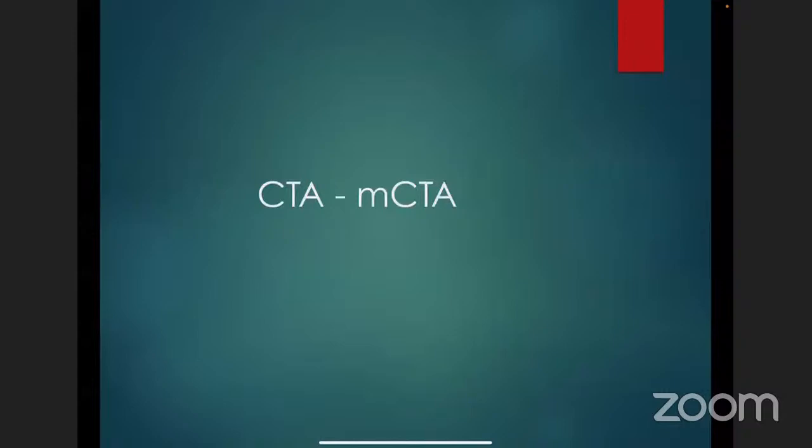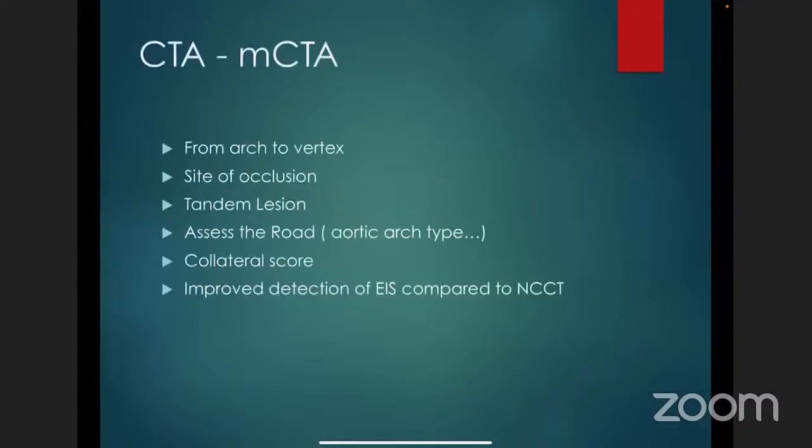What is the importance of the CT angiogram, multi-phase CTA? Ideally, the CT angiogram is done from the aortic arch to the vertex to check for the site of the occlusion. Is it a large vessel occlusion or small vessel? Is there a tandem lesion? Is there internal carotid artery occlusion or dissection? Assess the road. If the patient is going for mechanical thrombectomy, the CT angiogram is important to see the type